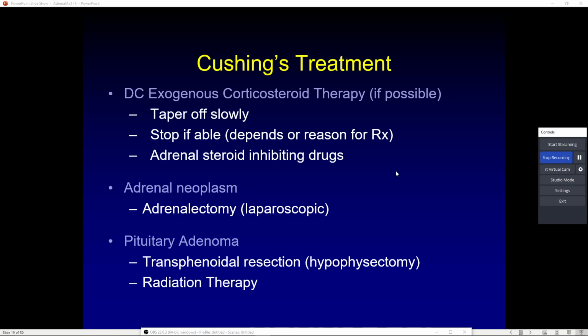Pituitary adenoma, same thing. We can do a transsphenoidal resection or a hypophysectomy, excuse me, I haven't heard that one in a while, hypophysectomy. I have heard transsphenoidal resection. We can do radiation therapy to shrink the adenoma, or we can go ahead and remove part of it. If it's superficial to the pituitary gland and we can remove it, we will, but it's incredibly challenging surgery. They actually go through the bottom of the skull and access it via that route, because there really is no other good way to the pituitary gland. It's quite the messy endeavor.